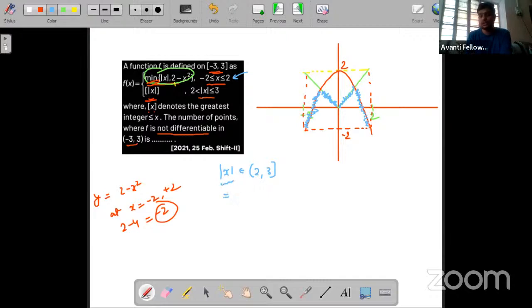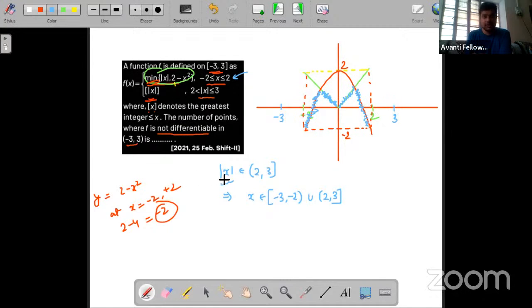So first of all we have to check for which values of x the function is defined, because here it is modulus of x. Modulus of x is there, which means for negative values of x also, in the same interval, this function is defined. That means अगर इसकी वैल्यू 2 से 3 में है तो -3 से -2 में भी होगी, -2 पे ओपन, यूनियन पॉजिटिव वैल्यू पे भी होगी, meaning open 2 to close 3. So this is -2, this is 2, x is equal to, now we have to draw here -3 and here 3. Clear? So from -3 to -2 we have to draw the graph, and 2 to 3 we have to draw the graph.